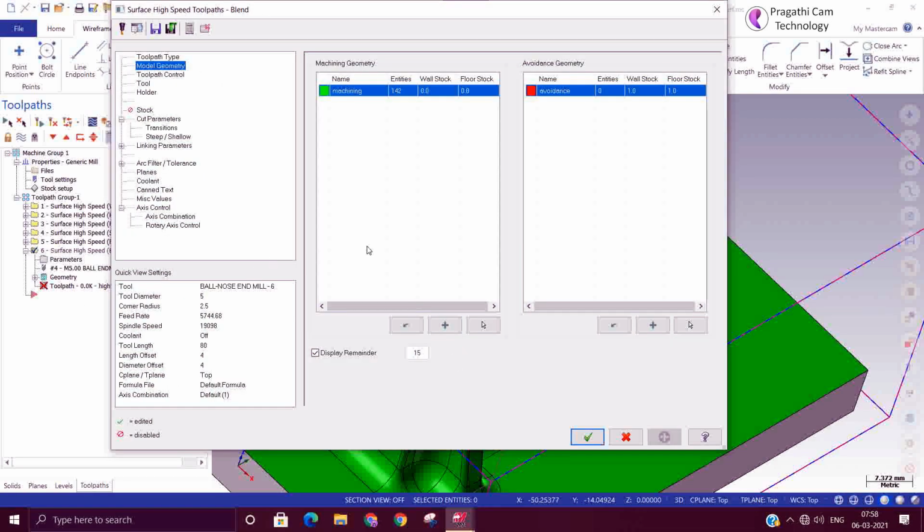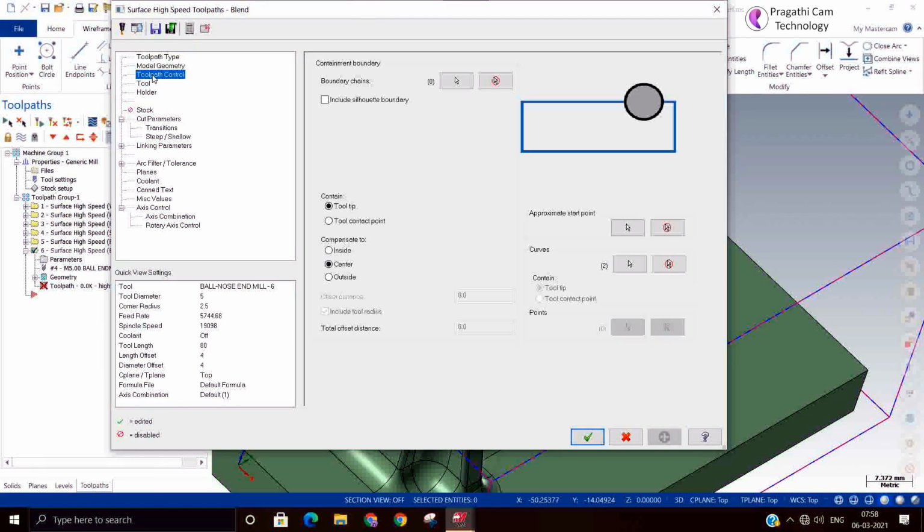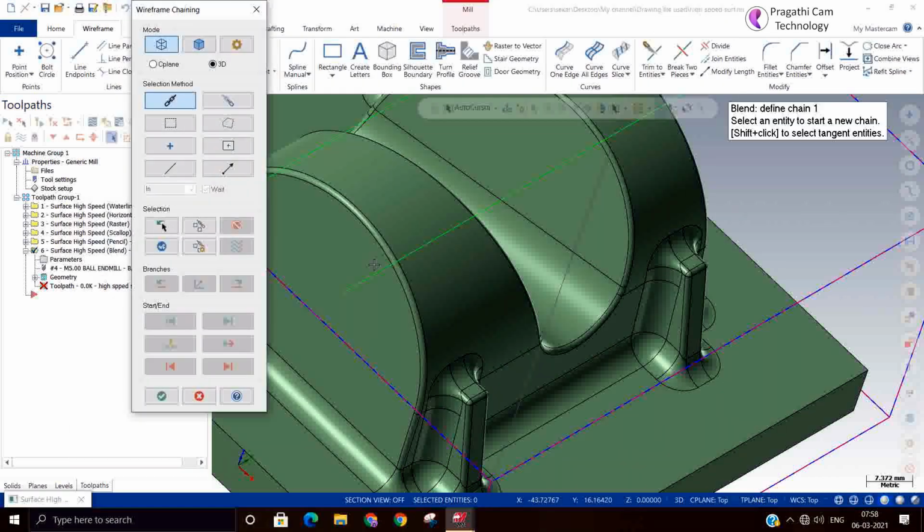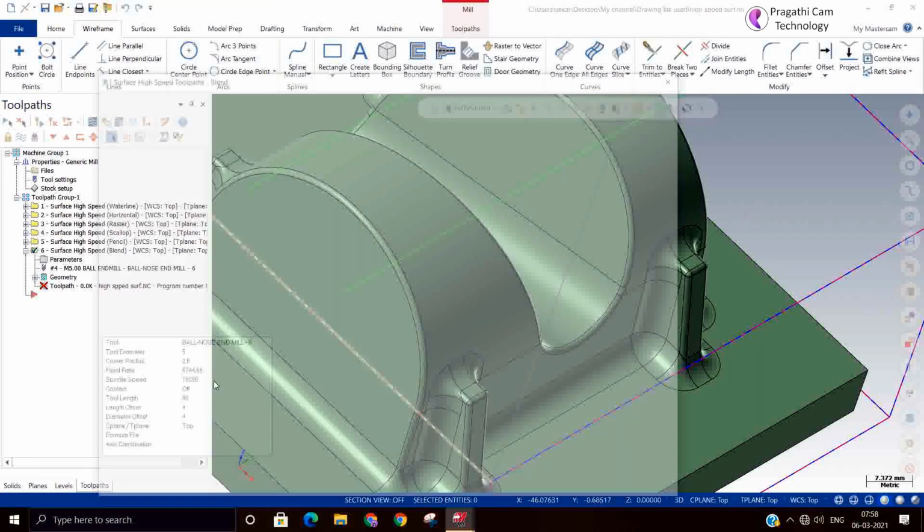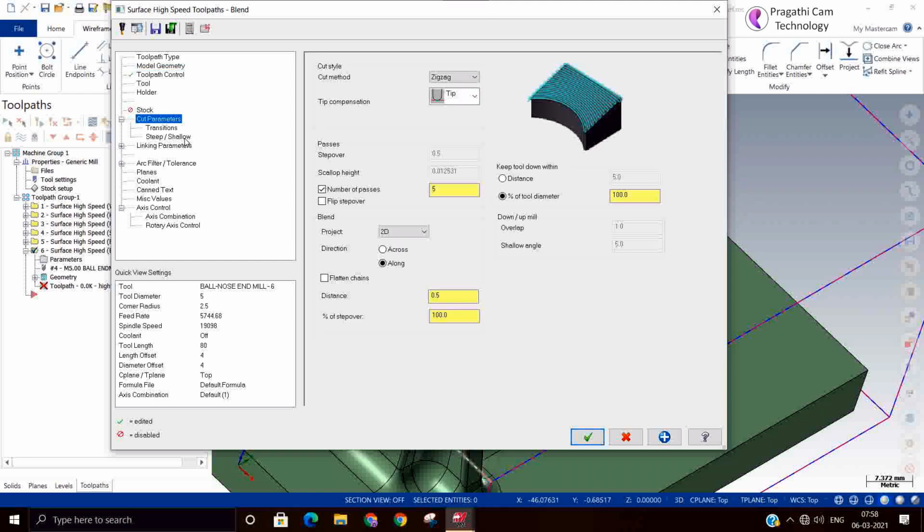So I think it's not suitable for this case. It is suitable for single line blending. For example, I'll modify this, only a single line, and I'll say number of passes now added. Now we'll regenerate.